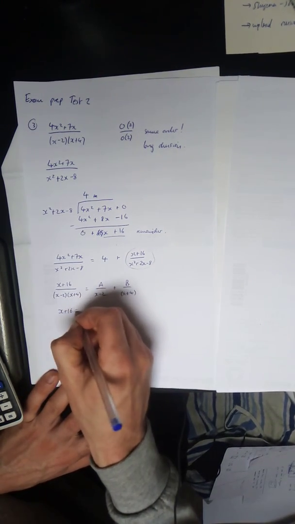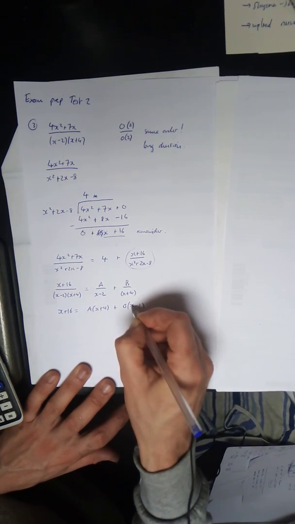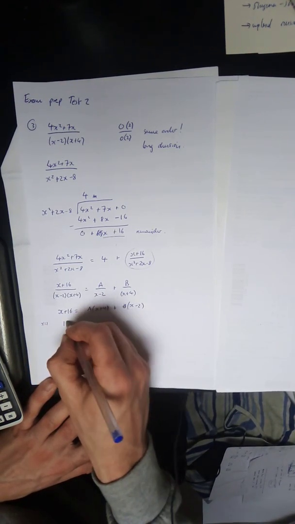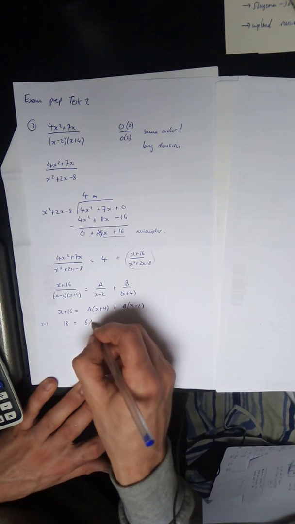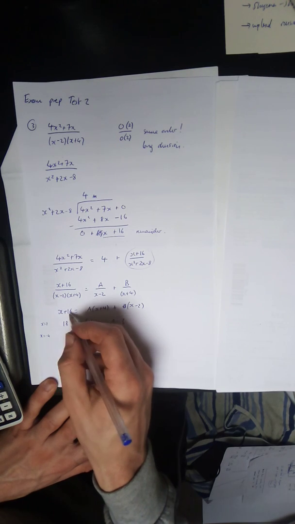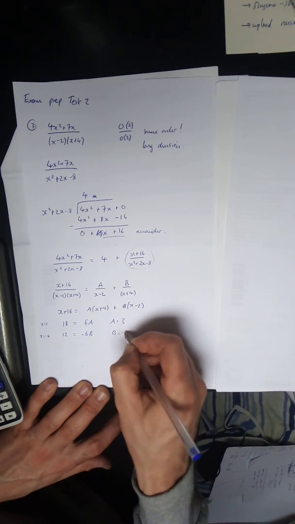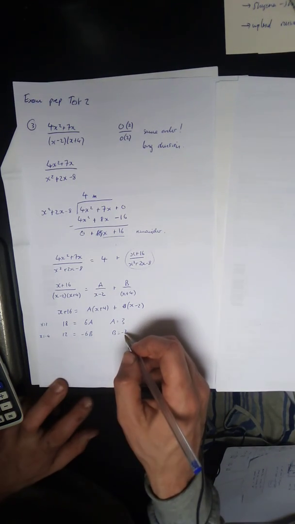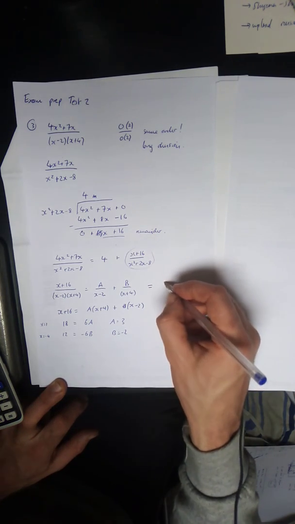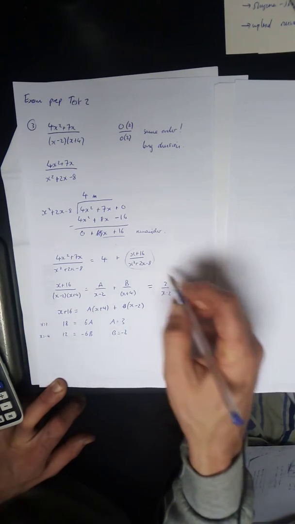x plus 16 is equal to A(x plus 4) plus B(x minus 2). What are we going to want to substitute in? x equals 2. So we're going to get 18 is equal to 6A. Oh, that's nice. A is equal to 3. That's reassuring. x equals minus 4, and we'll get minus 4 plus 16, which is 12, is equal to minus 6B. Again, that's quite reassuring, isn't it? Nice whole numbers. So let's just put that answer in there, is equal to 3 over x minus 2, over x plus 4. So if we then,